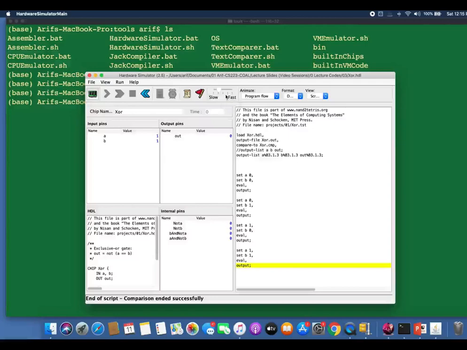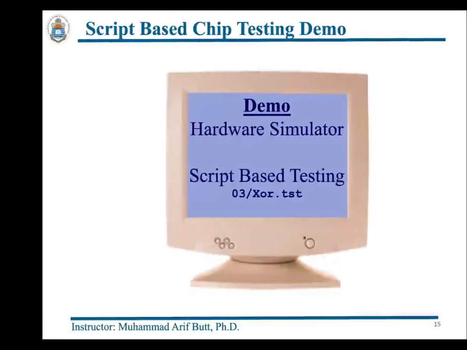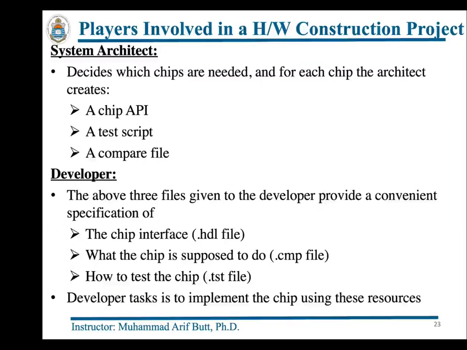Let's fall back to the slides. This slide shows the players involved in a hardware construction project. My dear students, there are two main players involved in a hardware construction project: the system architect and the developer. The system architect decides which chips are needed, and for each chip the architect creates a chip API, the test script, and a compare file. And the task of the developer is that, given this information, the developer has to write the HDL of the chip,